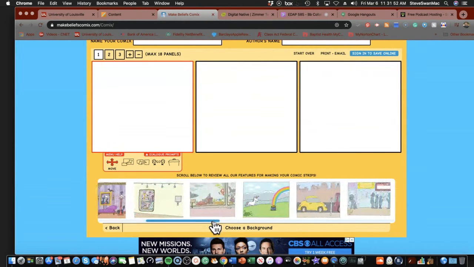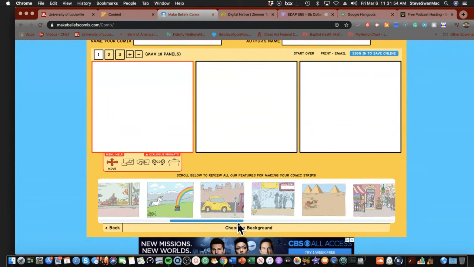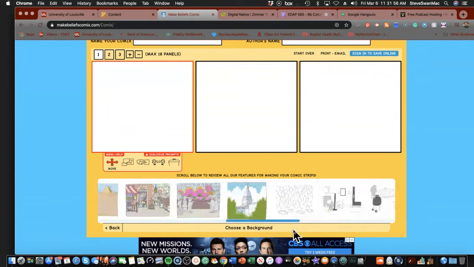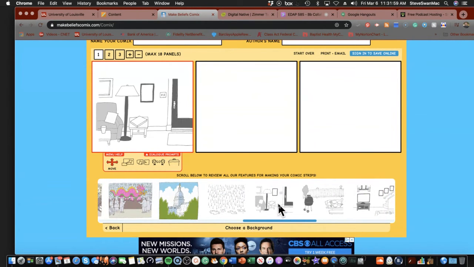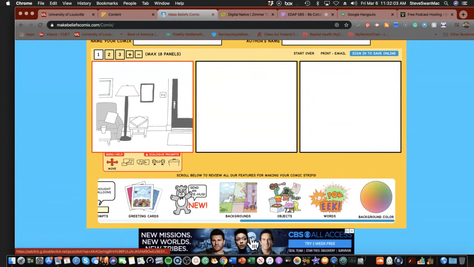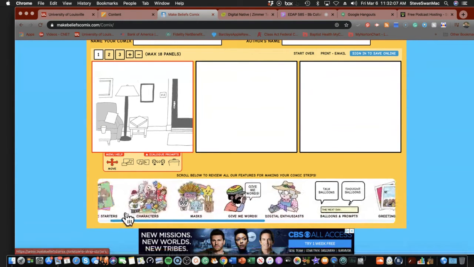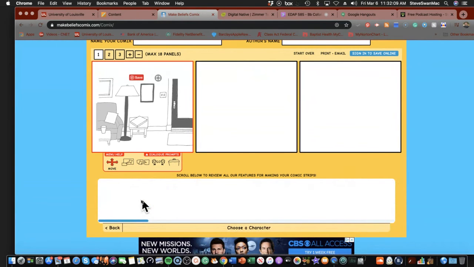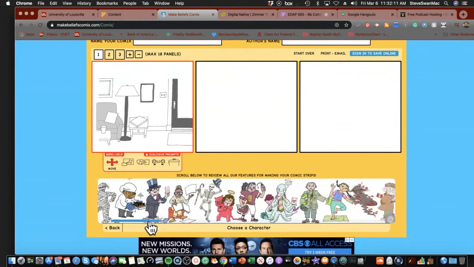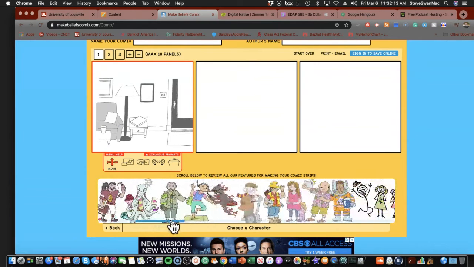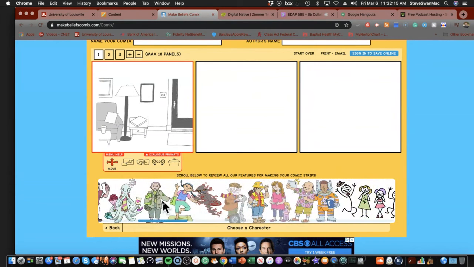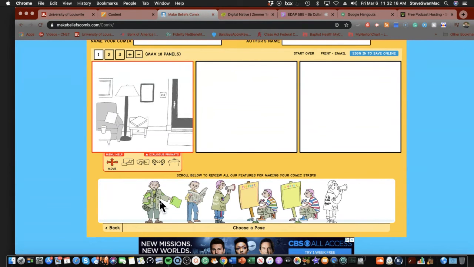And as you can see, I'm sliding things over here so I can see what I'm doing, or see what I can pick from. And I'll go ahead and grab that one. You go back, and now you go into your characters. And when you pick these characters that are in here, they give you a series of choices. So I'm going to go ahead and pick him.